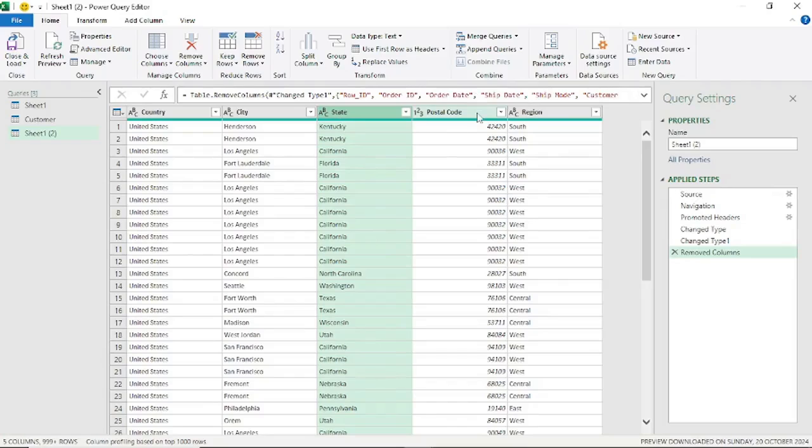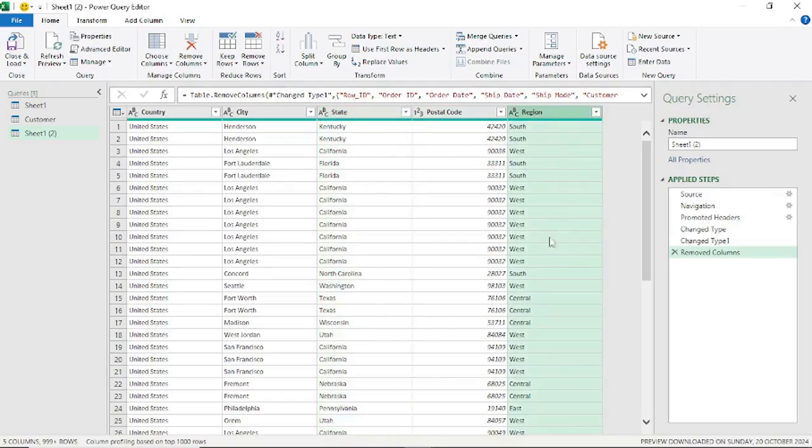Postal code may be relatively okay, but from my experience, I found out that some of the postal codes here were duplicated. So region, we have only 3 regions here: the south, the west, and the central. These are the regions we have here. So in my own case now, I'm going to use city as a unique